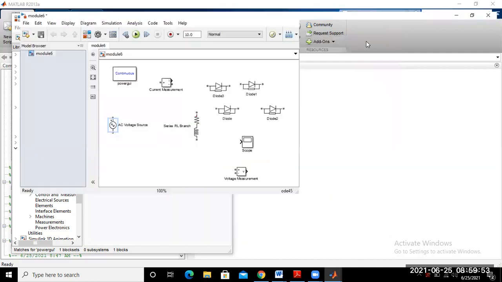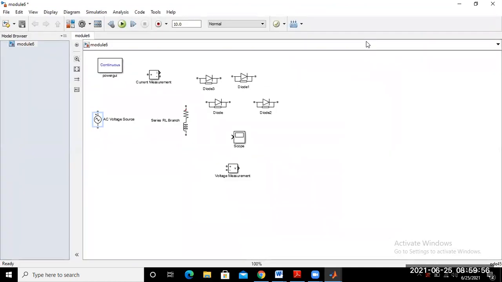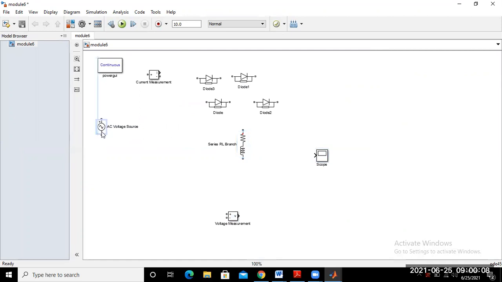Just try to full screen. Now just rearrange the blocks and connect here. So this one is the scope, and this load is towards here, and this one is here. So diodes 1 and 3 are put in the upper leg.